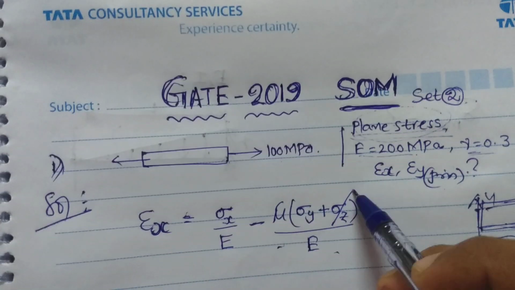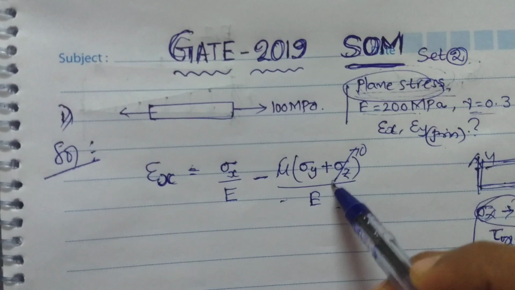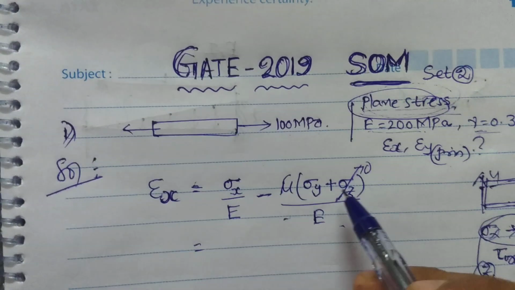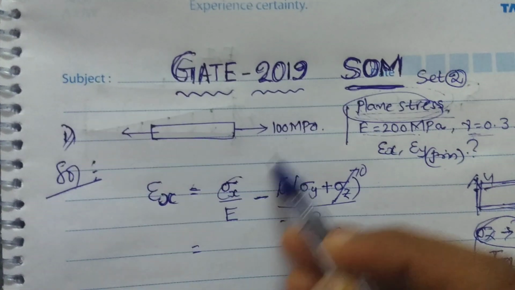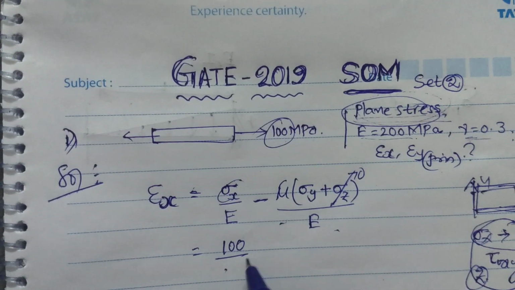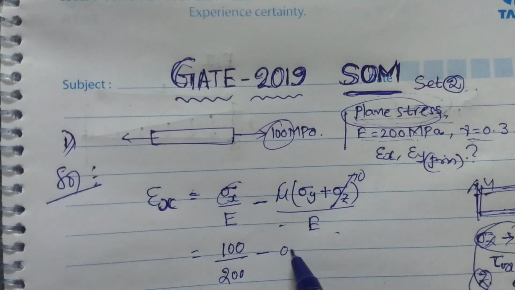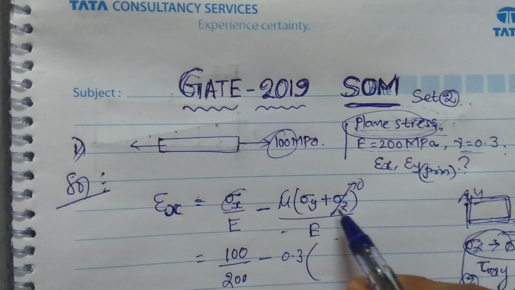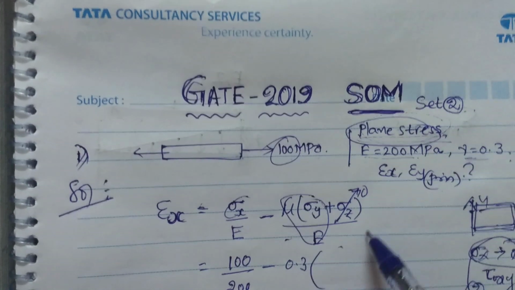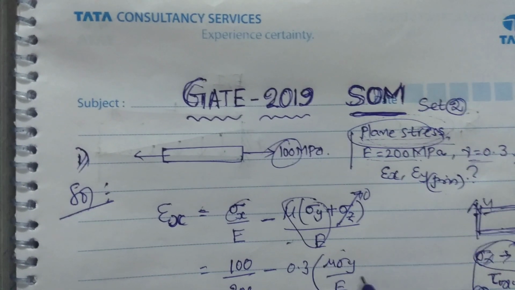Since the z component is 0 here because the plane stress is mentioned, sigma z turns out to be 0. So if we substitute the values, sigma x is 100 MPa by Young's modulus, given as 200, minus mu, which is 0.3, and the formula turns out to be mu sigma y by E,